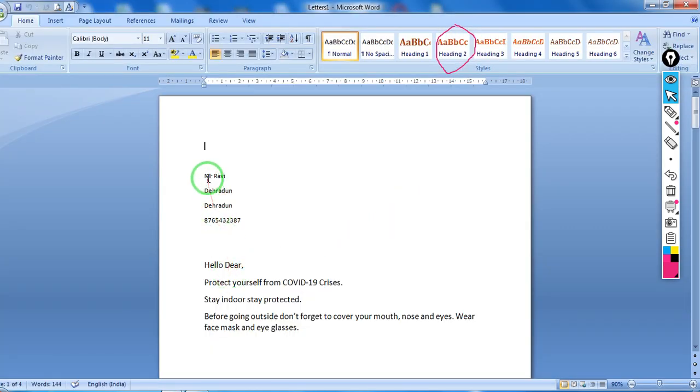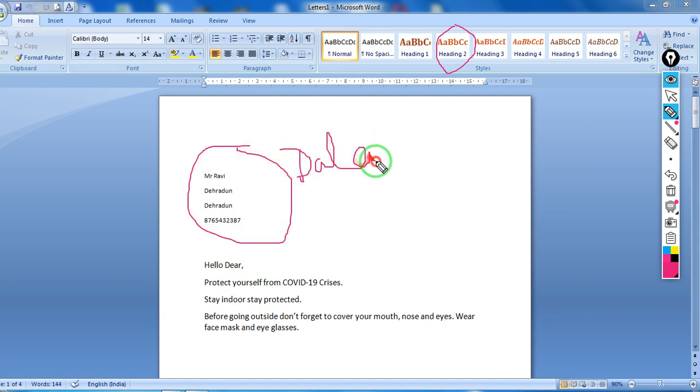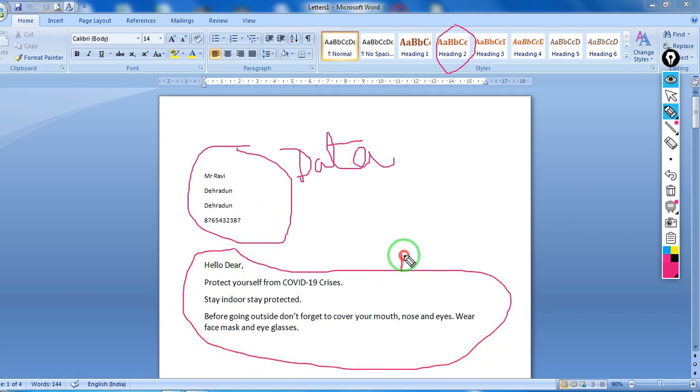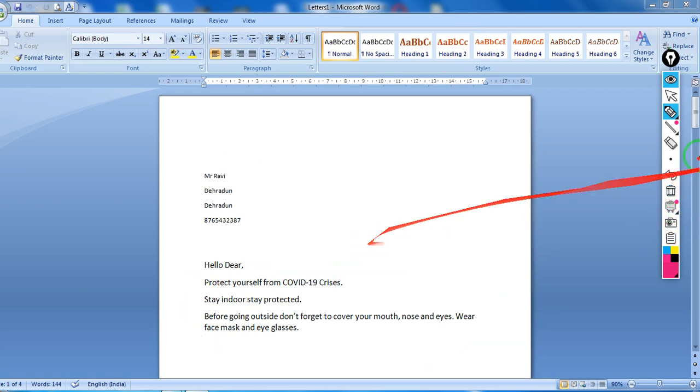So you can see over here the title, first name, address, city, and then the contact number of the first record, and the main document has been merged. This is from your data source, and this is the main document. We have merged the data source and the main document and created a new document. So this is our first document.